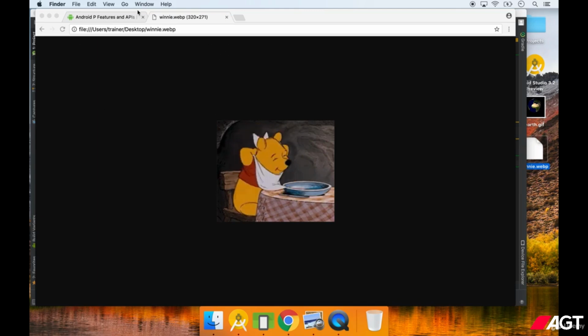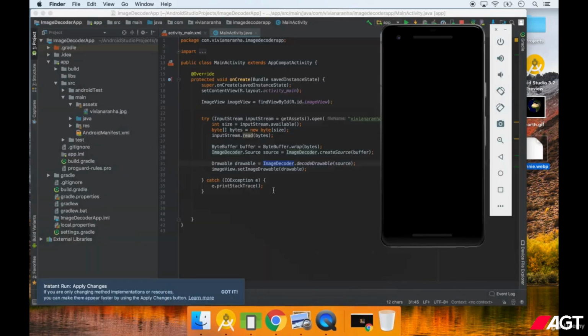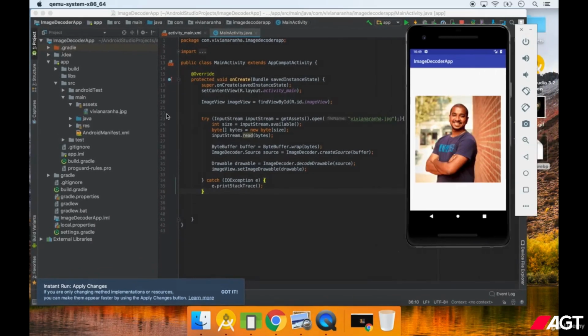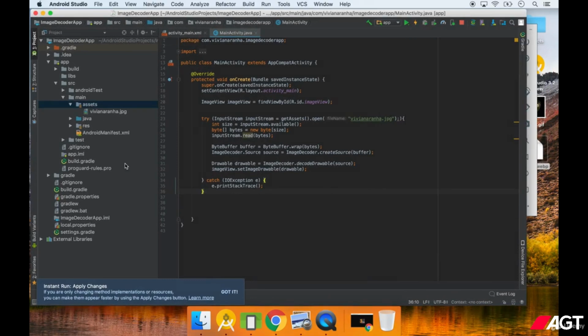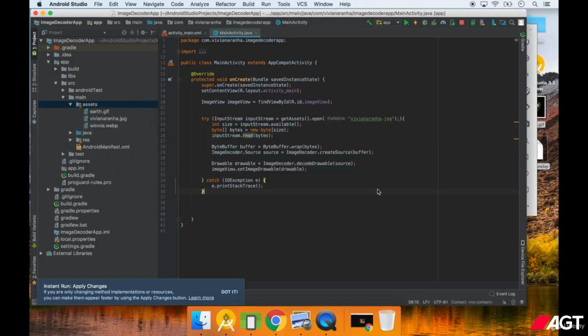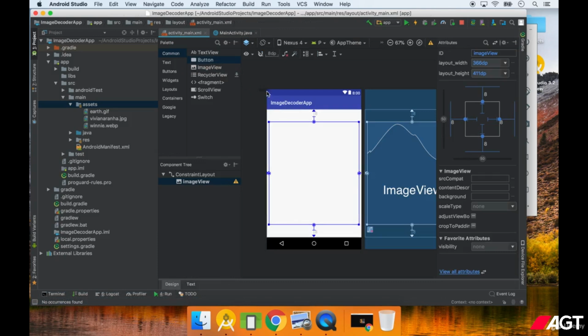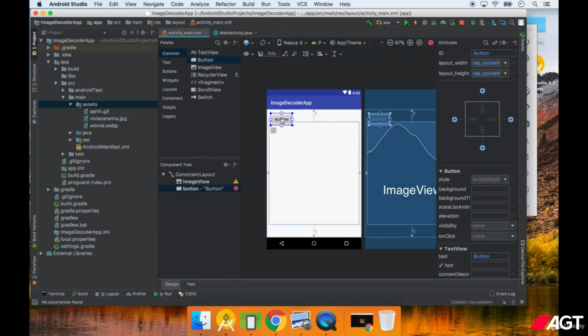So for now, what I'm going to do is go back to my project that I built before, which was displaying the image. I'm going to go to assets and add these two files. Okay, there you go, both my files are there, and just to start and stop the animation, let's add two buttons here. So I'm going to go into design mode. I'm going to add one button, let's say here on the top. Say this button says